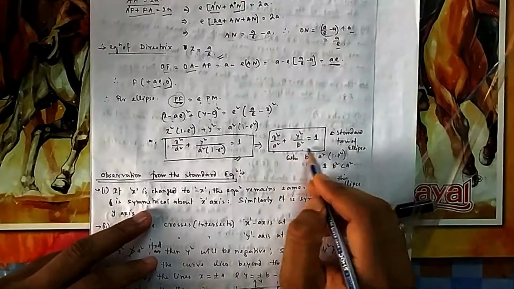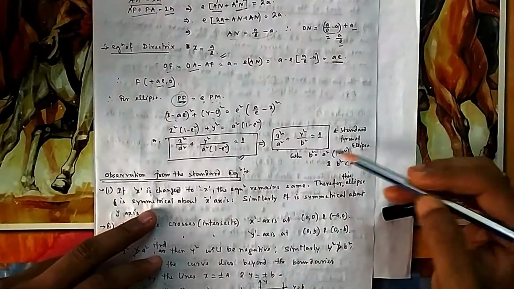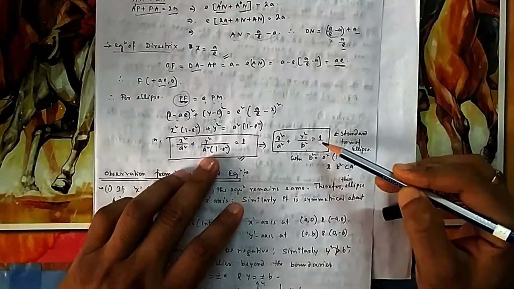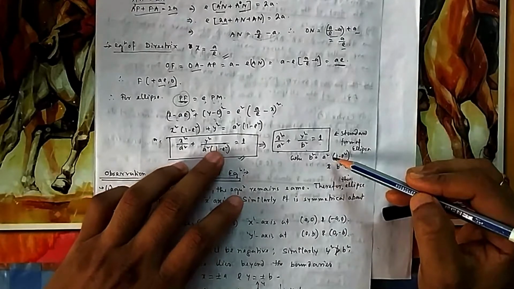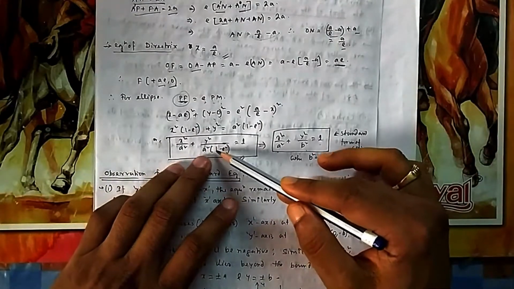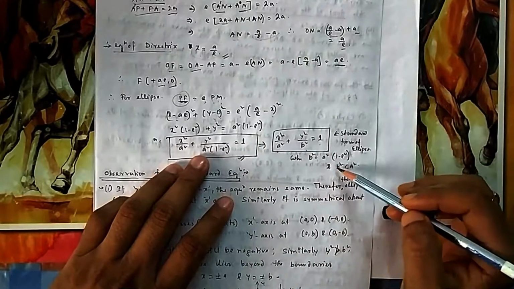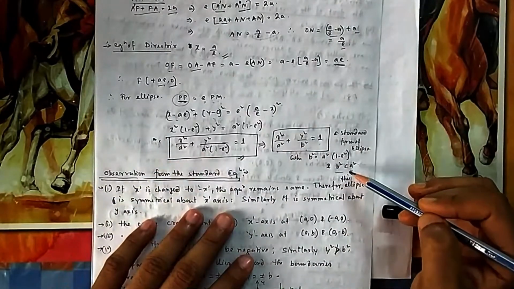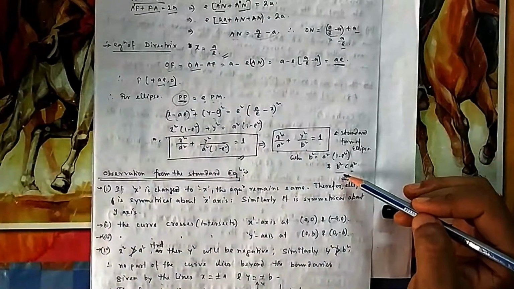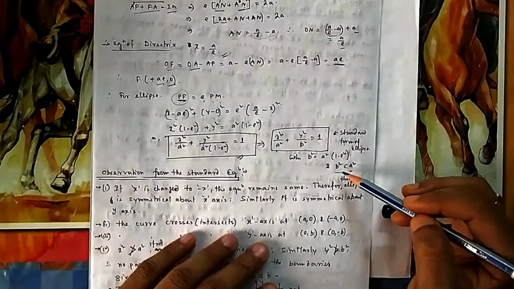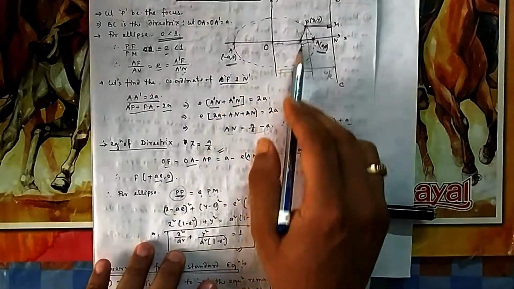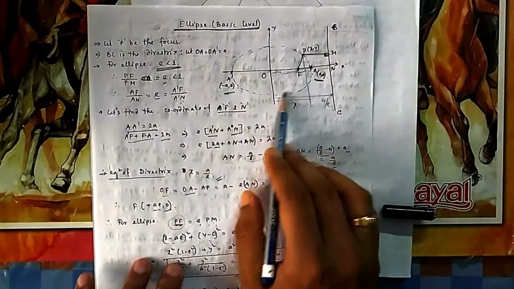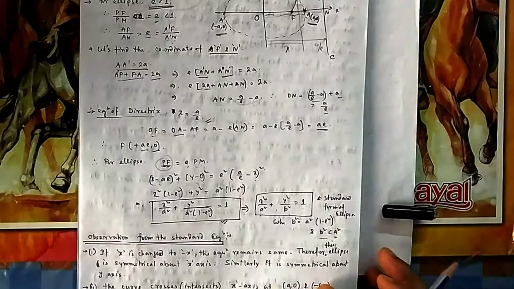So my standard equation looks like this: x square by a square plus y square by b square equal to 1. Note, your E is less than 1. Because E is less than 1, this output will be a fraction, and a fraction multiplied by A will be less than A. So your B square is less than your A square. That means the absolute value of B should always be less than A. So A is greater, B is smaller for this type of shape. If we want to find this shape, then this is the format. There will be different shapes of ellipse that we will see.